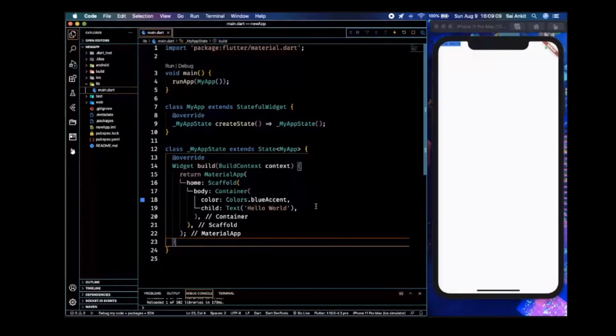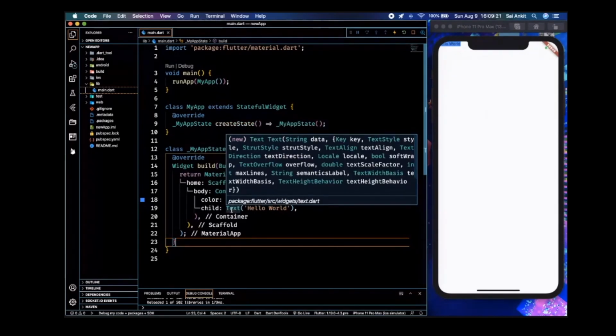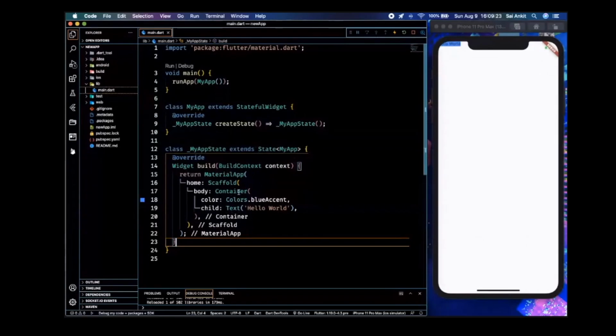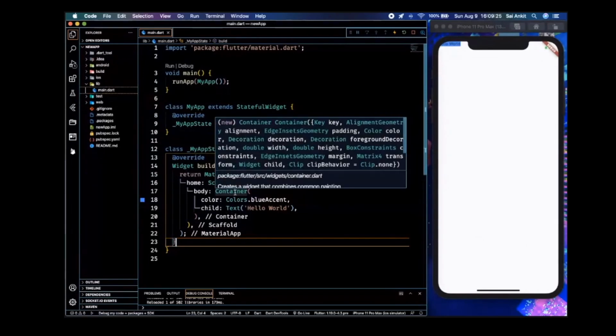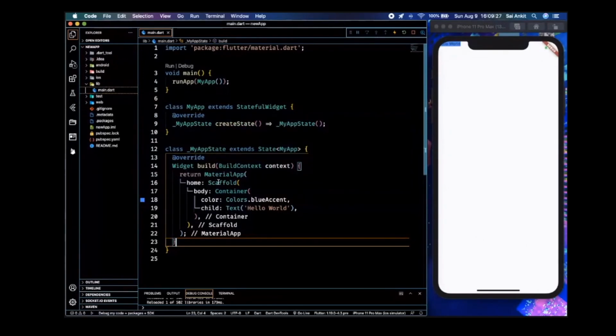So I also want to mention a predictive tip for every one of you who is going to be doing Flutter development. Whenever you want to include a widget above a particular widget, let's just say I have a text here, right? So a text is enclosed by this container widget. This container widget is enclosed by scaffold widget, and scaffold is enclosed by material app widget. Everything is a widget here, and this all is enclosed by this my app widget.